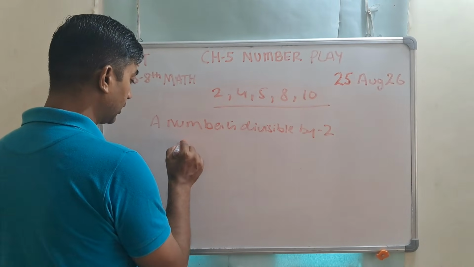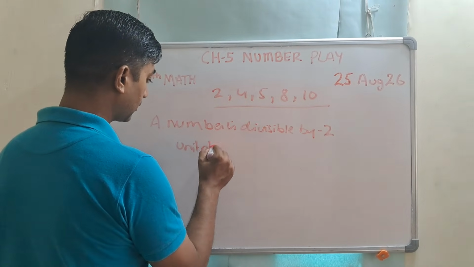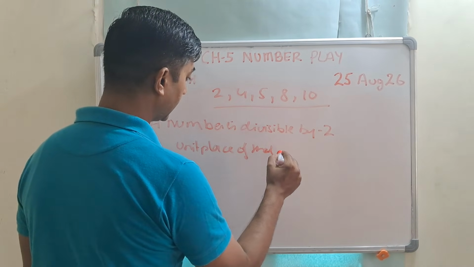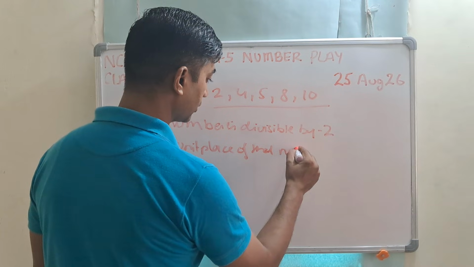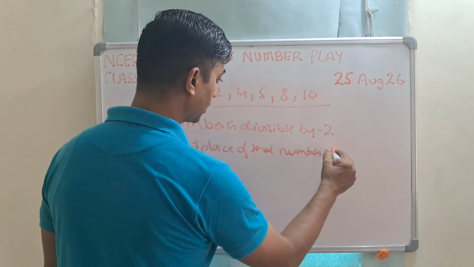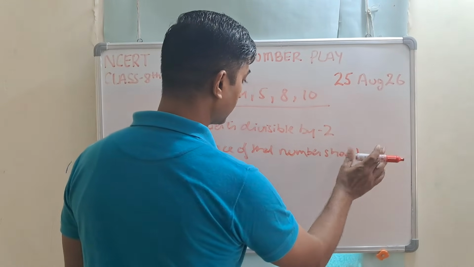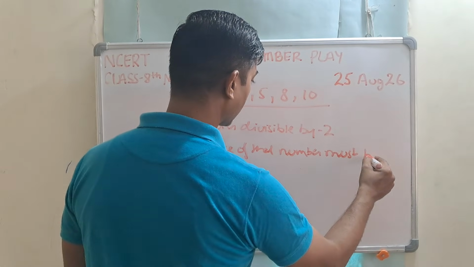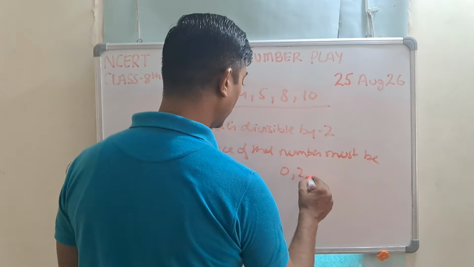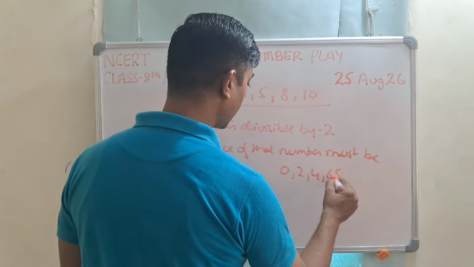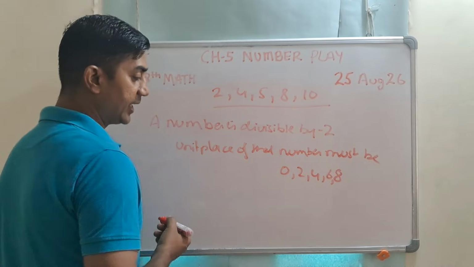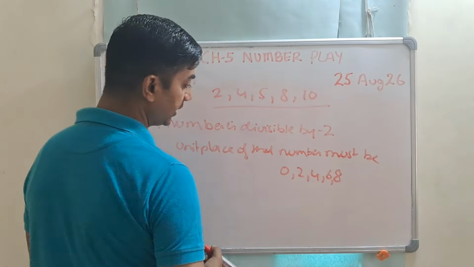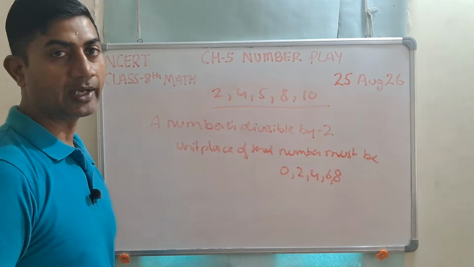The unit place of that number must be 0, 2, 4, 6 and 8. Understood? If any number has unit place 0, 2, 4, 6, 8, then that number is definitely divisible by 2